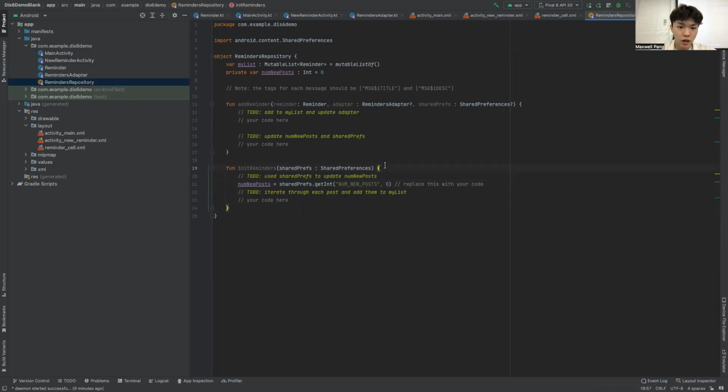Okay. And then here, your code should be, I believe the syntax is, give me a sec. Yes, for i in 0 until num new posts. And this is just your standard for loop, but in Kotlin. And then here, what we want to do is